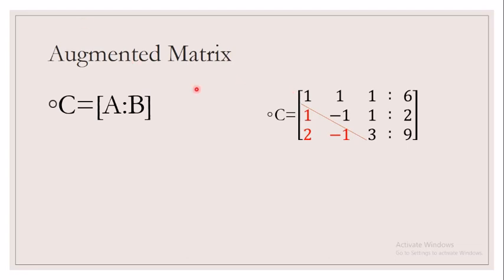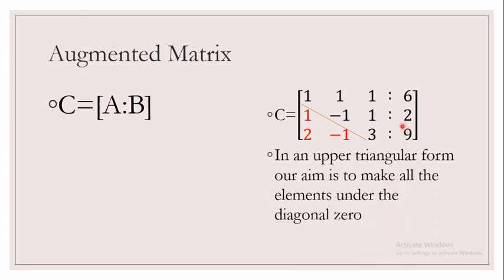Okay, now before moving on, we have to make this matrix into an upper triangular form, right? So how will you do that? First you identify the diagonal elements of the given matrix. In this case the diagonal elements are 1, -1 and 3. Now draw a line beneath the diagonal elements, then you will get these three elements, that is 1, 2 and -1. And now you have to make this 1, 2 and -1 as 0, right?